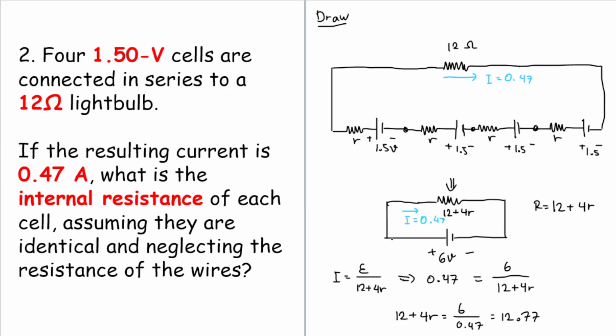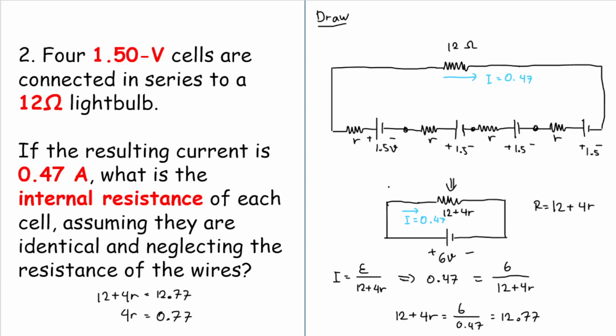And so we will have, okay, maybe let's do it here. 12 plus 4r is equal to 12.77. Or we can rewrite that as 4r is equal to 12.77 minus 12, that will be